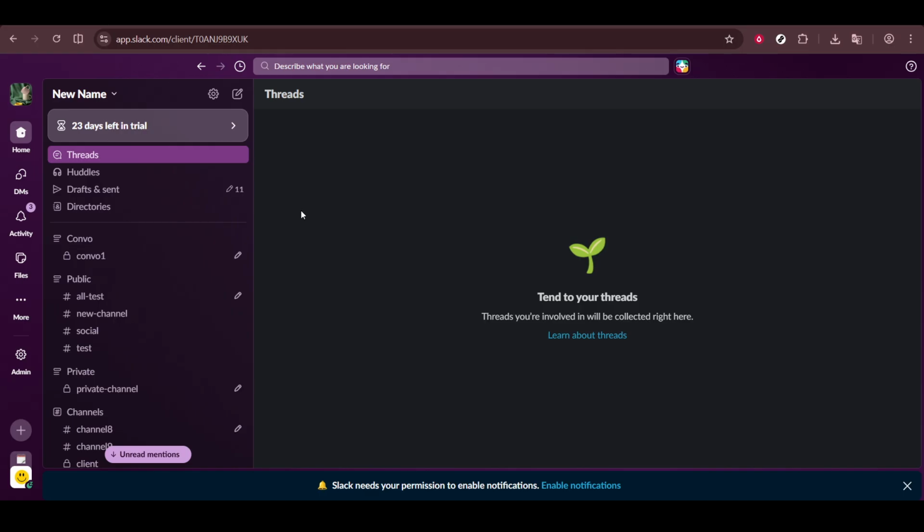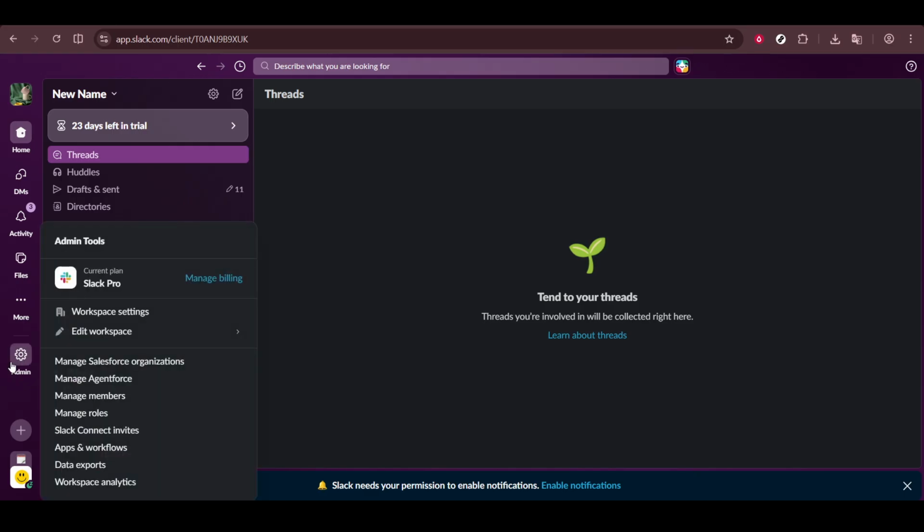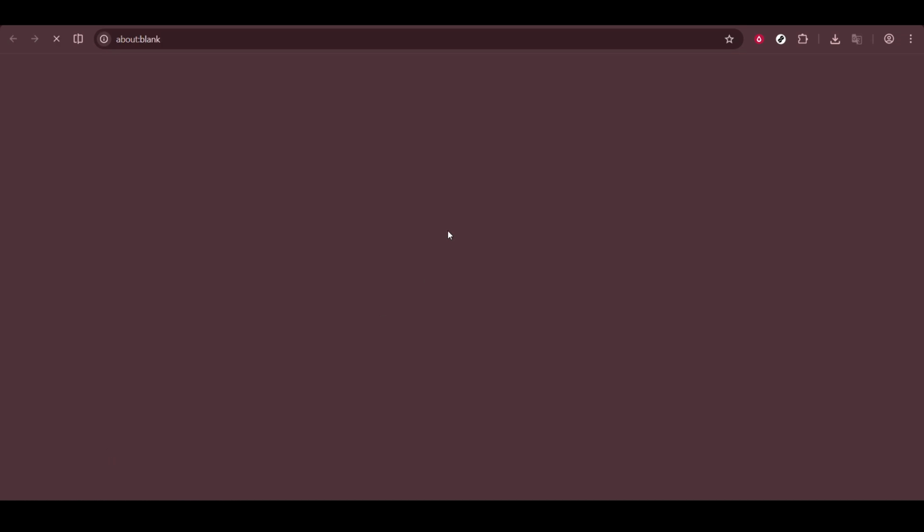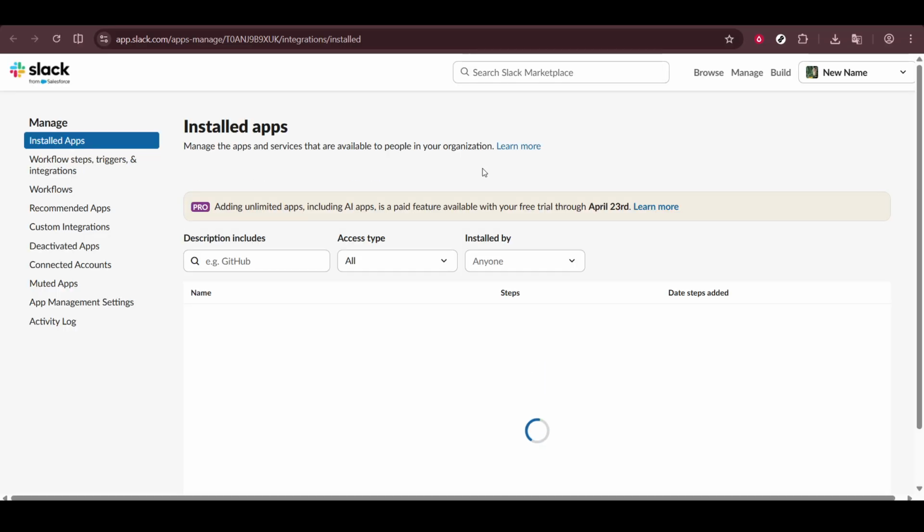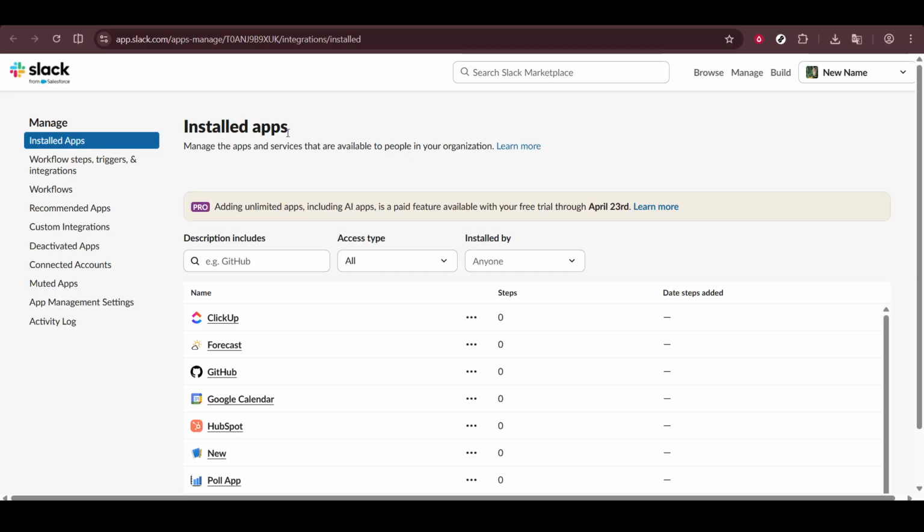Start inside Slack. From your workspace, head to the admin area. You're looking for the section that manages tools for your organization, typically labeled Admin. Once you're there, open Apps and Workflows. This is where Slack centralizes app management, so you can see what's already installed and discover new integrations. Open installed apps first to get a quick sense of what's currently in use, then choose Browse to jump into